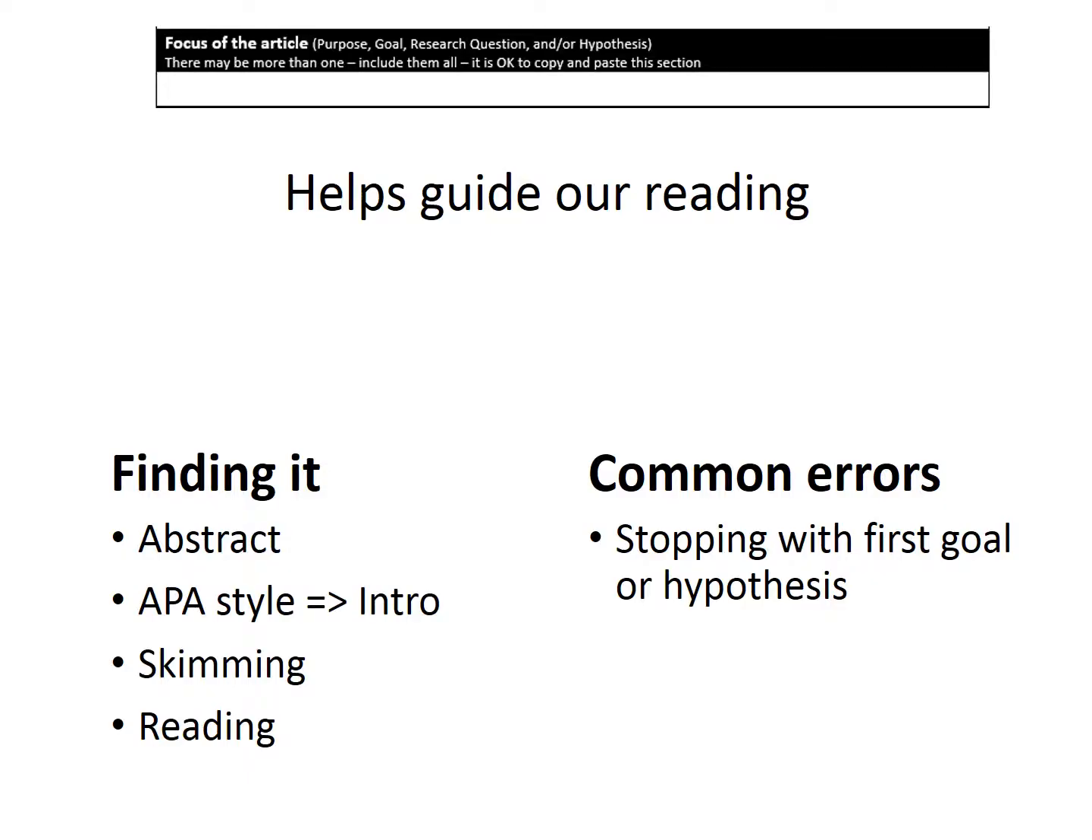The focus of the article might be the most important thing to think about. It helps guide our reading by telling us what the authors were interested in, so we know what the results are about and we know what to look for in understanding the study. In many cases, we can find the general idea for the purpose in the abstract, and knowing APA style helps us know it will also be in the introduction section. Usually, skimming the first and last few paragraphs of the intro helps us identify the sections we need to read